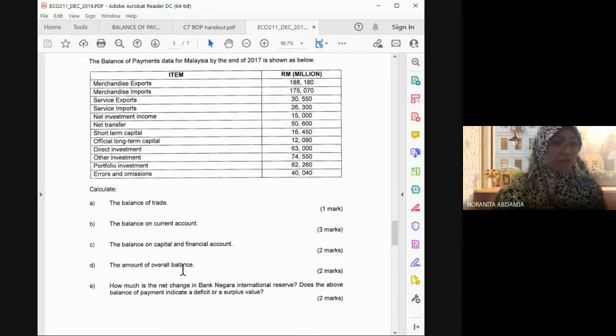Chapters 4, 5, 6, 7. That means for the essay, for this coming past year, for discussion, just concentrate on answering chapter 4, which is money supply and credit creation, of course. Chapter 5 is not there. Chapter 6 is also not there. But if there is, answer it. And then chapter 7, definitely international trade and the balance of payments. Normally these three: chapter 4 and chapter 7, money supply, credit creation, international trade and balance of payments.